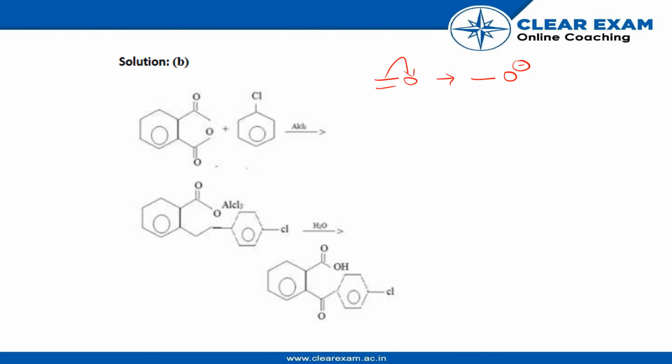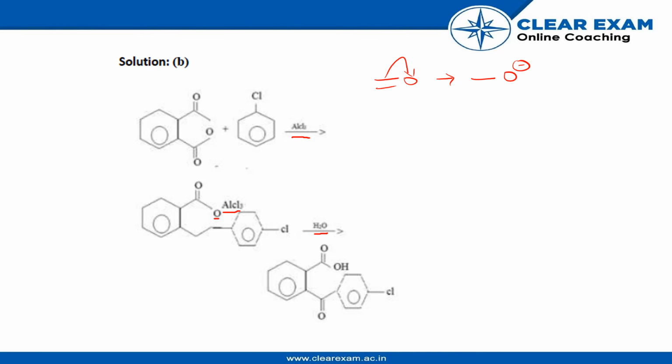charge. Now, when these two products are reacted in the presence of AlCl3, we get the product in which the chlorobenzene is combined with the initial product and the O is combined with the AlCl3. Now, when the reaction takes place in the presence of H2O, that is, we do the hydrolysis of